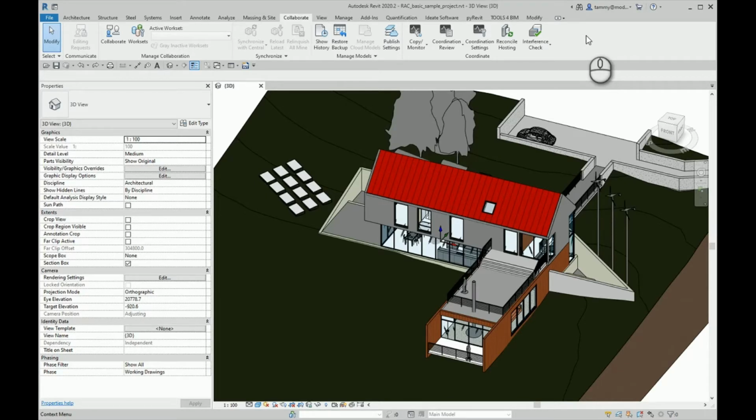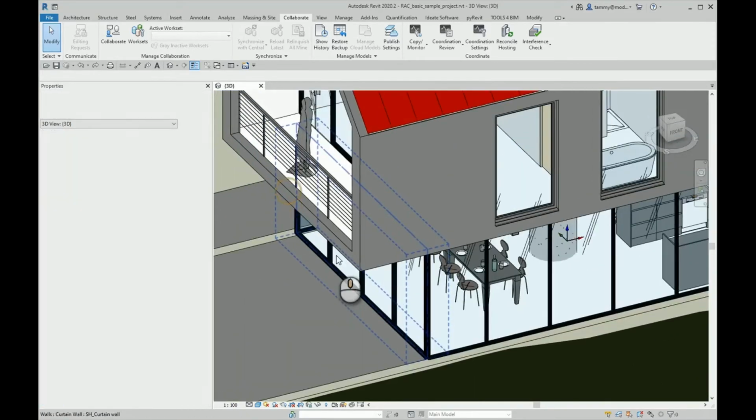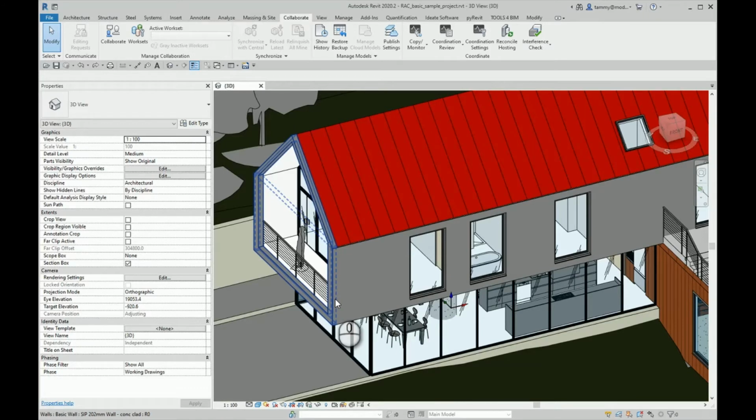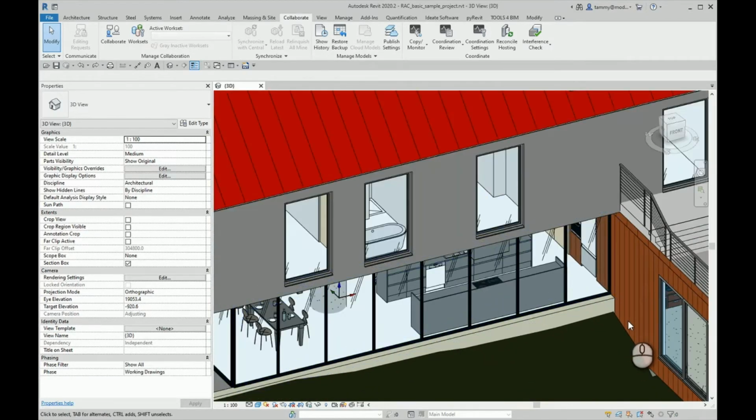What the Interference Check tool does is it allows you to run checks inside your model while you're building to eliminate any unnecessary clashes. So in an ideal world, we will have a model where the floors fit perfectly and they don't intersect with walls or any of your other elements. Like here, we have a wall and a floor that looks like it's half intersecting. In an ideal model, you wouldn't really have that problem, but admittedly, we can't always avoid these kinds of practices. But what we can do is use the Interference Check tool to check for us if there are any major